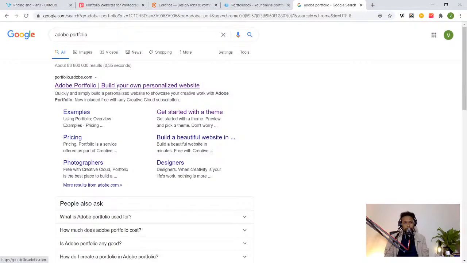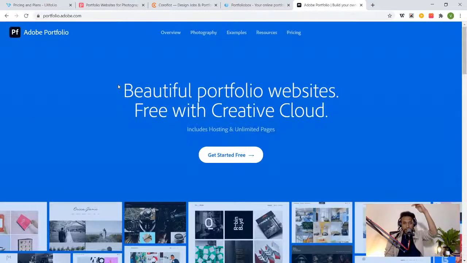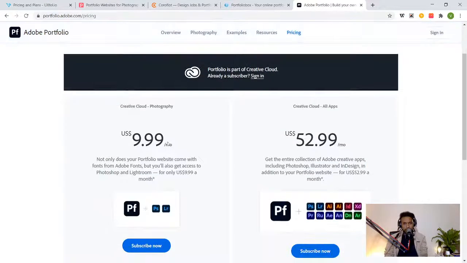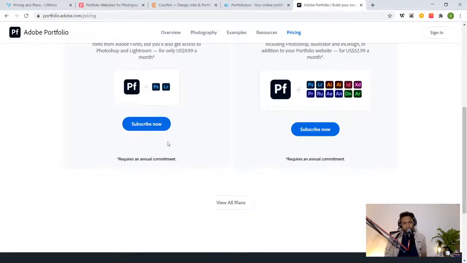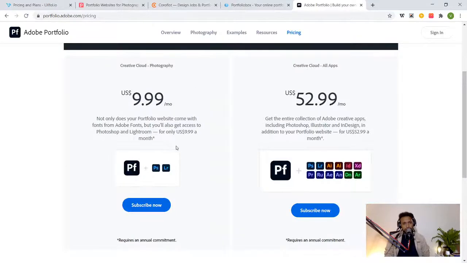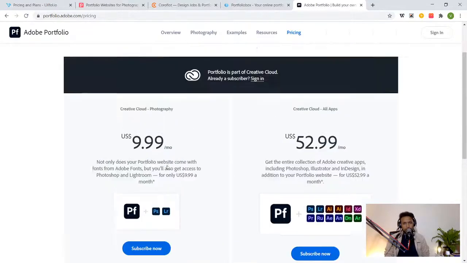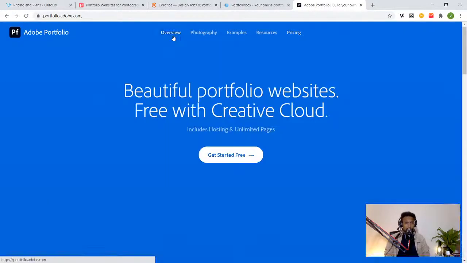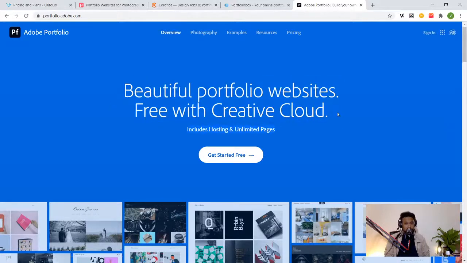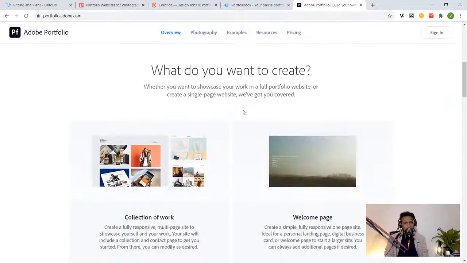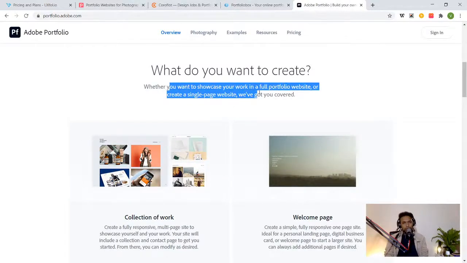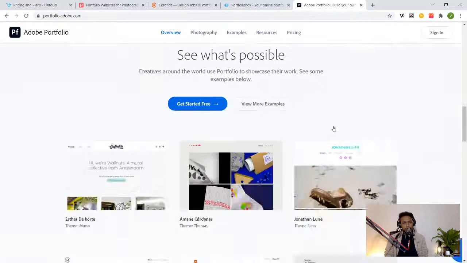I wonder if it actually requires you to have, let's see, pricing here. All right, so it does require you to be part of Creative Cloud, and you can also just get it for $9.99 per month. So it's similar to the other one, but this is very misleading, right? Well, with Creative Cloud, so that means you do get it with Creative Cloud. What do you want to create? Whether you want to showcase your work in a full portfolio website or create a single page website, blah blah